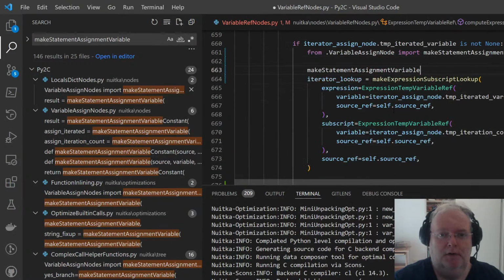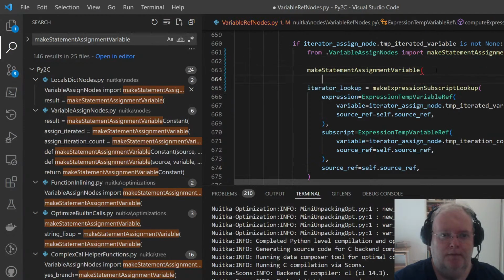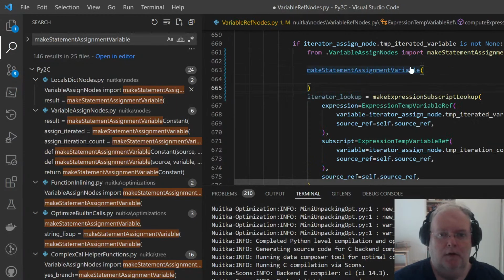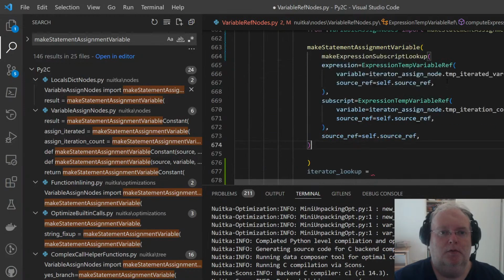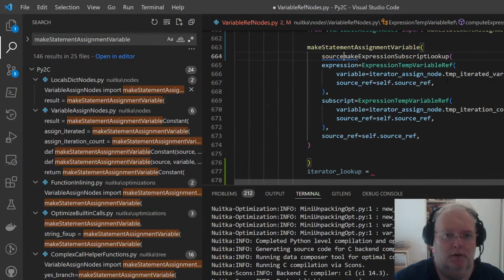Okay, make statement variable. Why is it not strange how it does variable assign no? Okay. So the source is going to be this one. So from here, source equals this one.